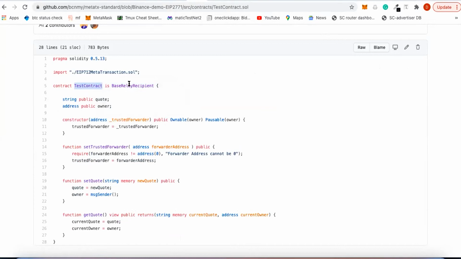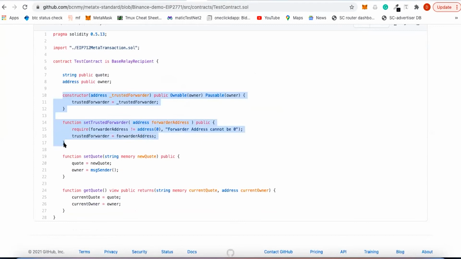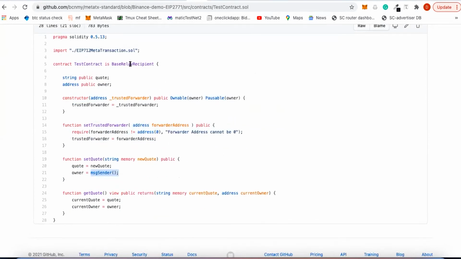You just need to inherit this base relay recipient contract and add these two methods in your contract additionally. That's it. And wherever you are using message.sender anywhere in your contract, you just need to replace that with this method. That's it, right? So these three steps: first, inherit this, add these two methods, and replace message.sender with this.